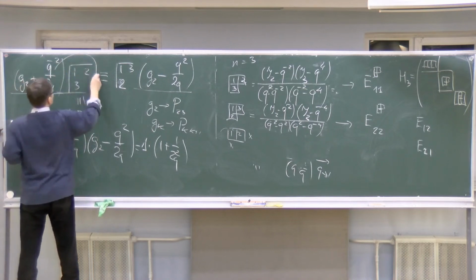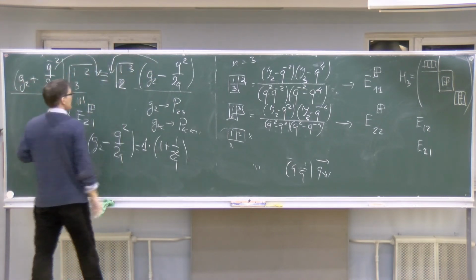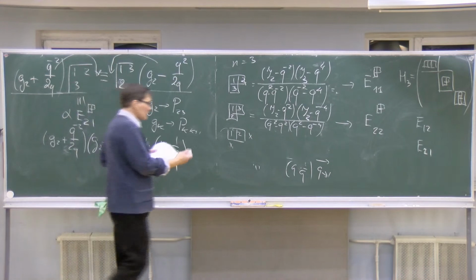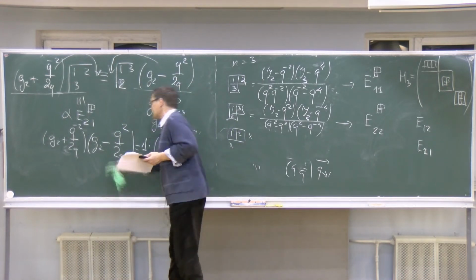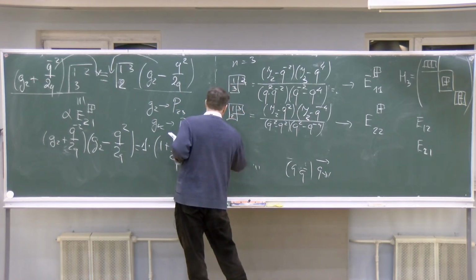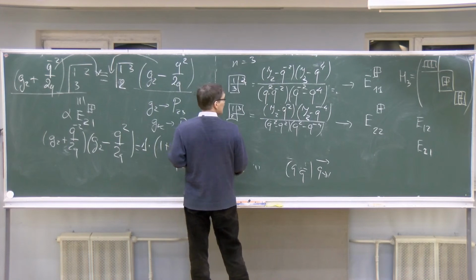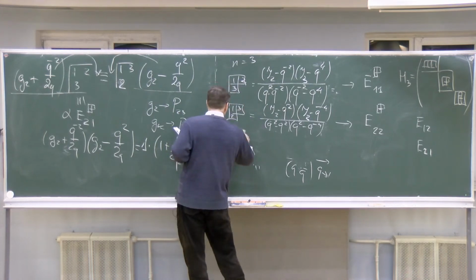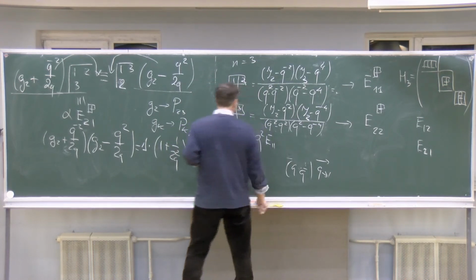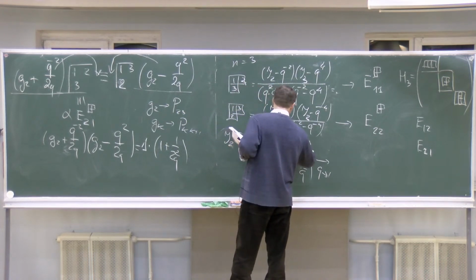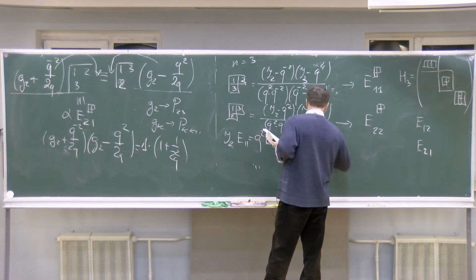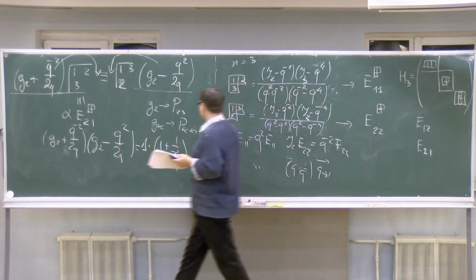If I put this one here, then I should put this one here, and I'll get another matrix units. And the defining properties of these new elements is that, for example, if I take G2, if I calculate G2 over E11, I'll get here Q squared E11, G2 acting on E22, I'll get Q to the minus square E22, and this element